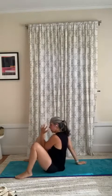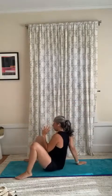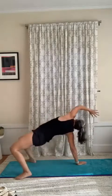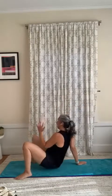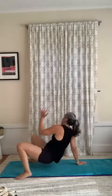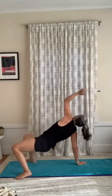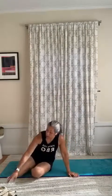Okay, switch sides. We plant the other hand on the ground, elbow to belly button. We lift the hips, push this all the way through. Belly button reaching for the ceiling. We have 6 more. Elbow down, hand over. Woo! 3, 2, last one. Nice job. You're going to grab your band, your towel, or your strap, whatever you're working with, and